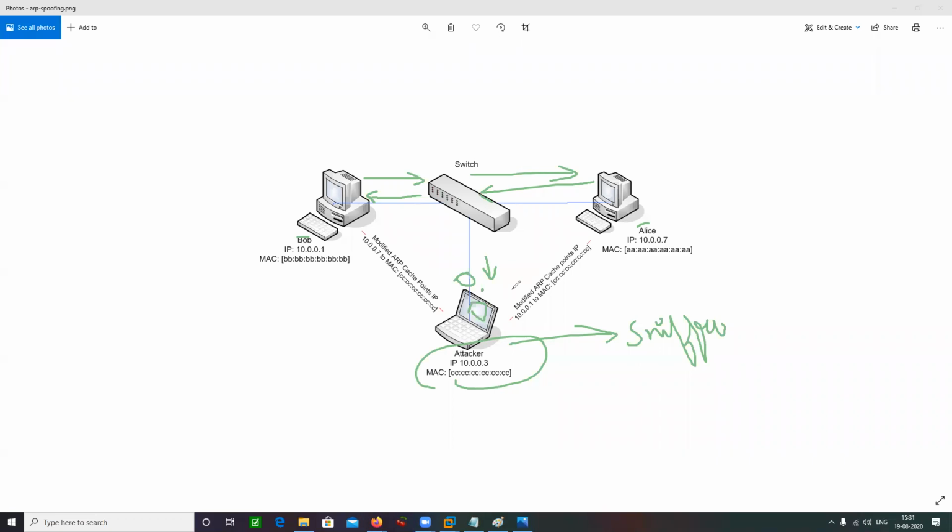So for these kinds of circumstances, we have these MITM techniques, that is man in the middle attacks. What happens in case of a man in the middle attack is your attacker is going to perform some technique. We are going to talk about the technique in a while. Something is going to be performed by the attacker, and then when Alice is going to send some data to Bob, the traffic is going to go this way.